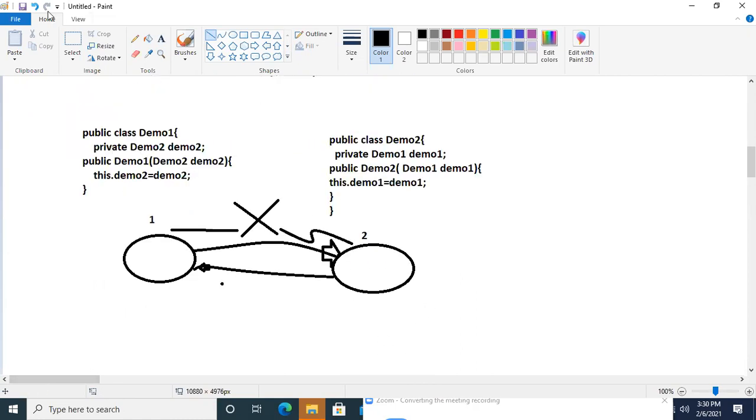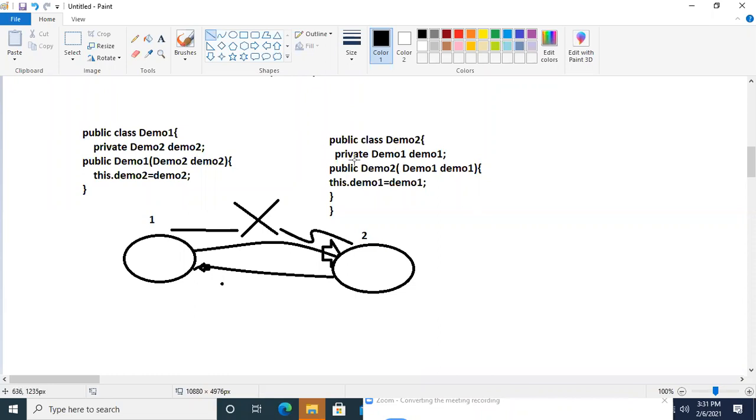In the same case, object creation is happening and both Demo objects are being injected at the same time. So our IOC container gets stuck, and because of that we get the problem. Our IOC container will tell us, I'm not able to inject the data because of the circular dependency problem. But we can resolve this problem using setter injection. If we take one class as a setter, if we take what?